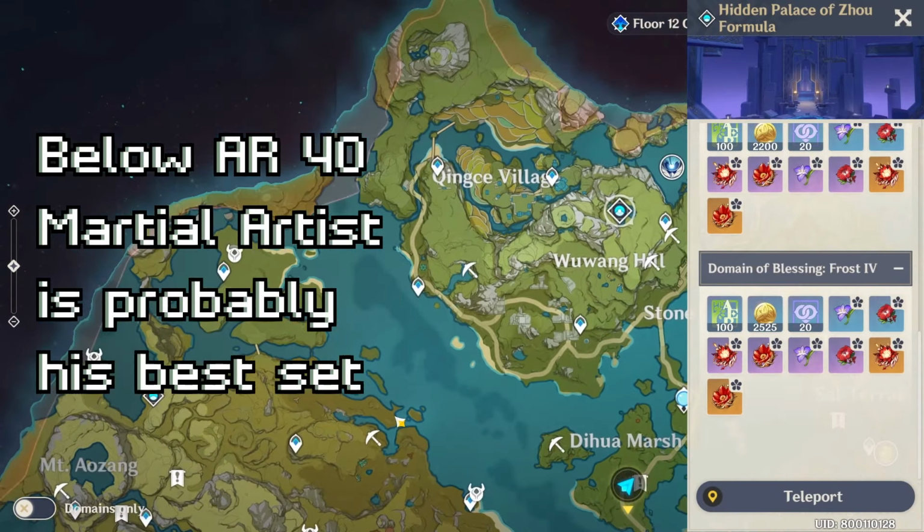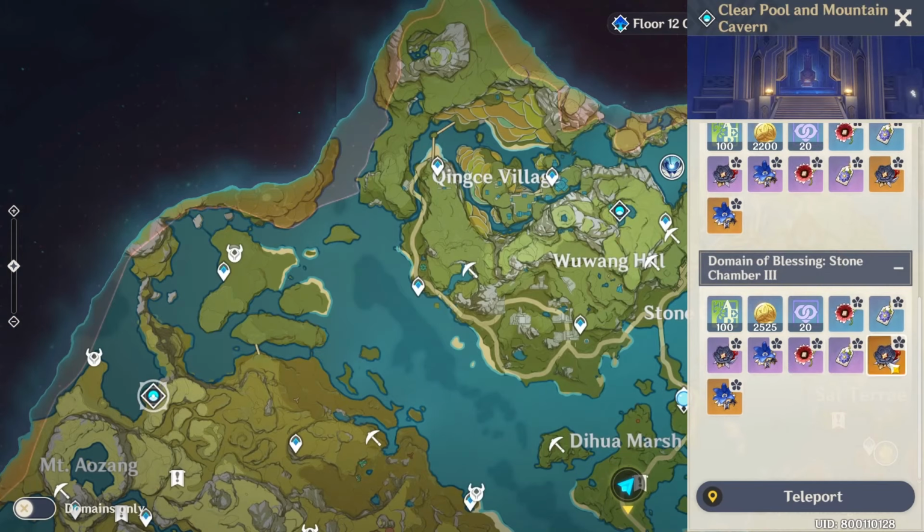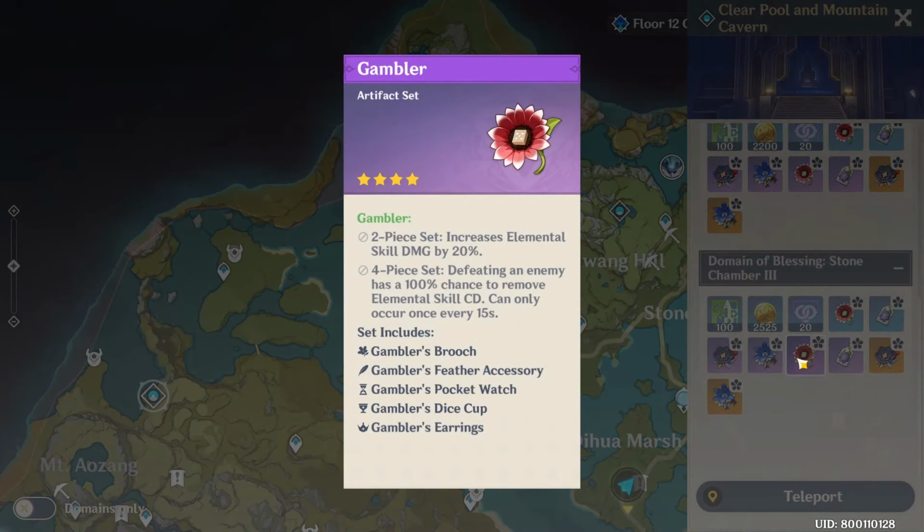One more set is the Gambler set. This one is kinda iffy because, again, it doesn't have a 5-star set. So while technically it could work, because you could potentially have unlimited E uptime, I haven't tested it,